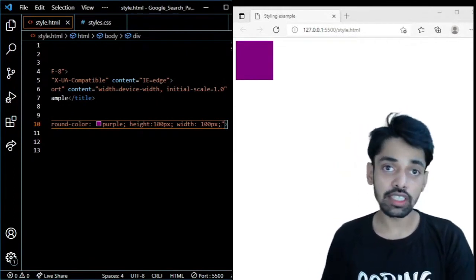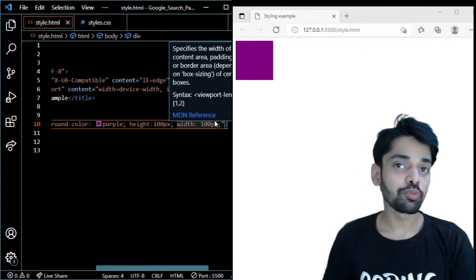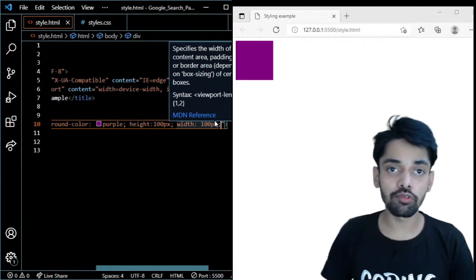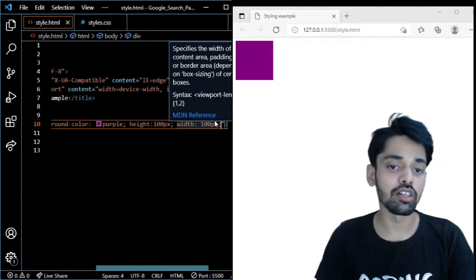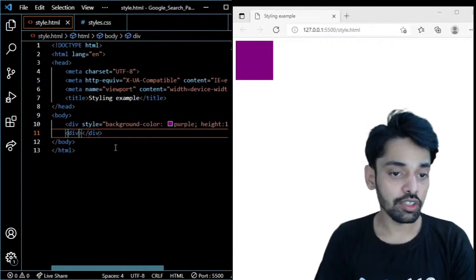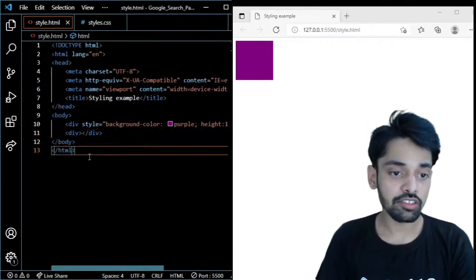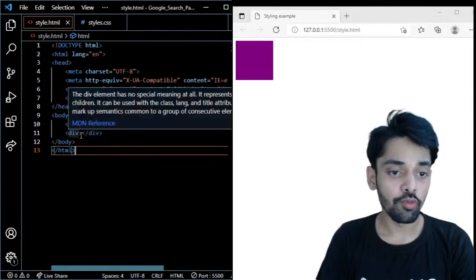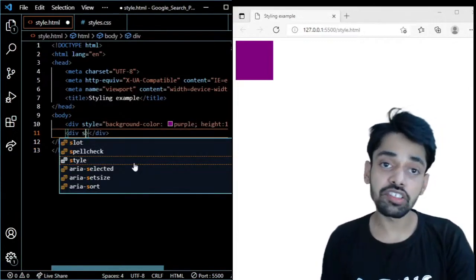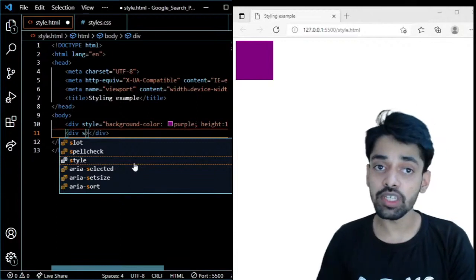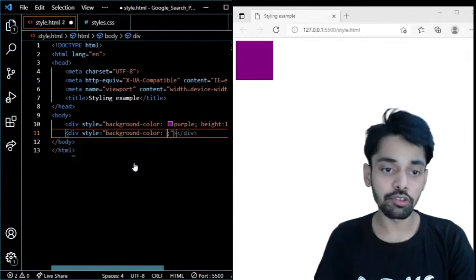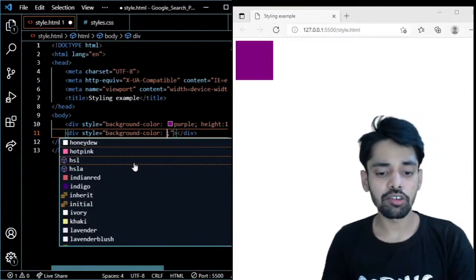Now I want there to be another div with the same specification. I mean, it should be purple, it should be square with the same height and width of 100 pixels. So we have another div. Now see what we are going to do. We are going to add style to it also, because we can just add a class to it and style it, because we are styling a specific tag over here. So I'll add style to it, and in this style I'll again add background color to it, and let us add a background color as red.